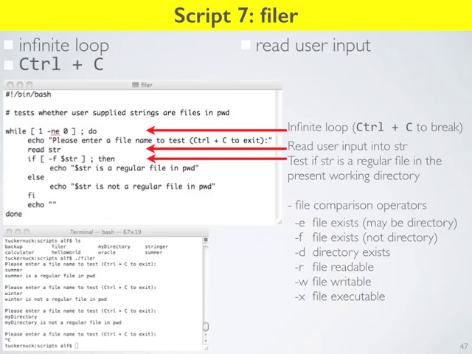So anything else on these scripts? Okay, so like I say, I don't expect you to be able to reproduce these scripts in a dark room with zero resources, but if you can understand them, then that's really the point of them. And then the project is going to allow you to take parts of these and use them in your own work.